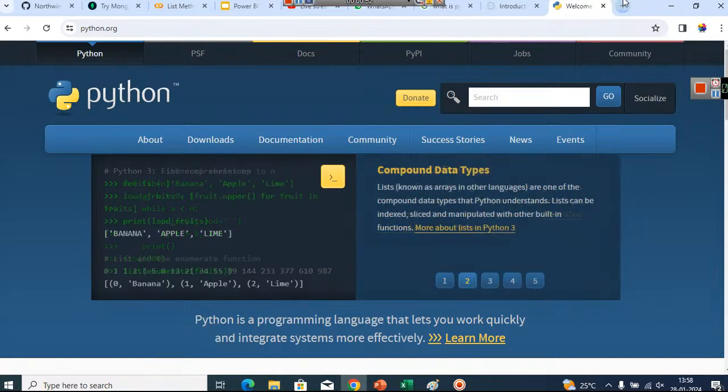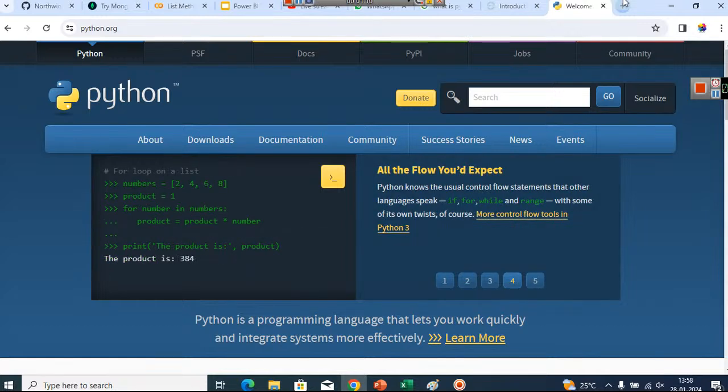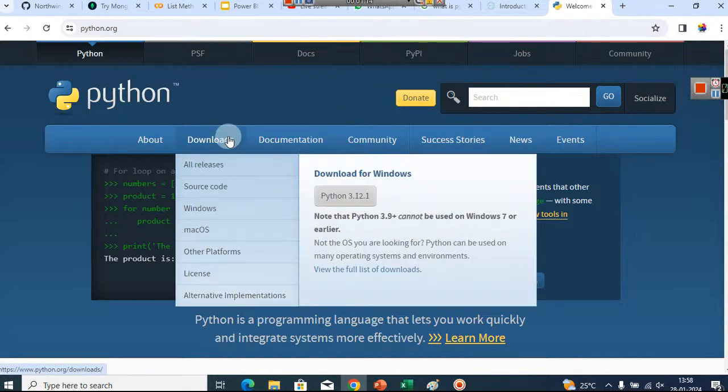On this website you will find a lot of documentation, community support, and various things. And you have an option to download.